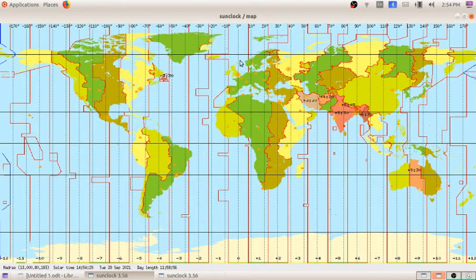The other thing you have to keep in mind is that 0 degree is the Greenwich time. All the other timings will be calculated with respect to this Greenwich time only. In all countries, the standard time is based on the Greenwich time, the prime meridian, 0 degree. Based on that, in all other countries the timings are calculated. Okay.